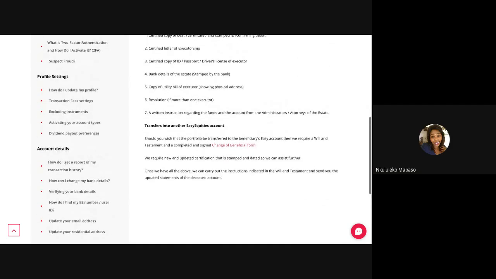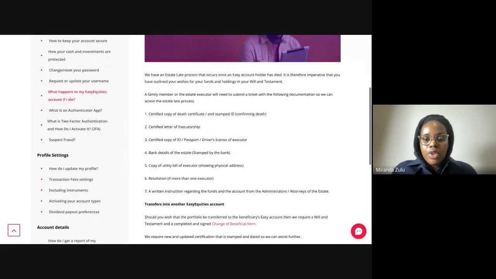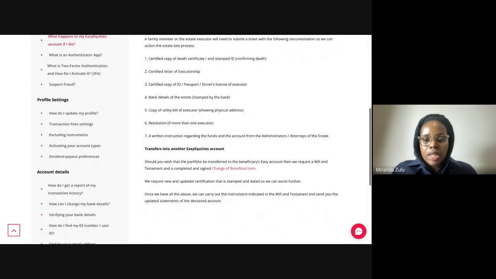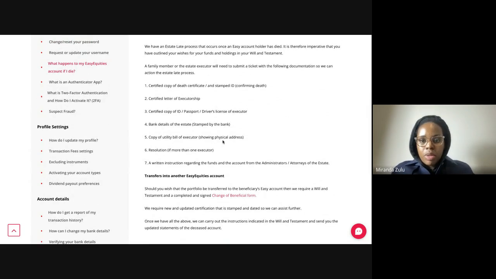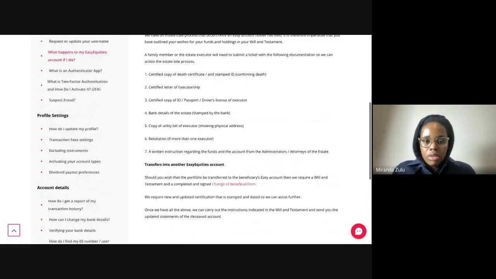Okay, thank you. So you need to have a will. It's really important for these types of things, because if you don't have a will, the state would kind of handle your affairs, and maybe they would need you to apply for an executor, maybe a family member, depending on the situation, and that person would be the one going through this process and sorting it out. But having a will just makes things so much easier, I think.